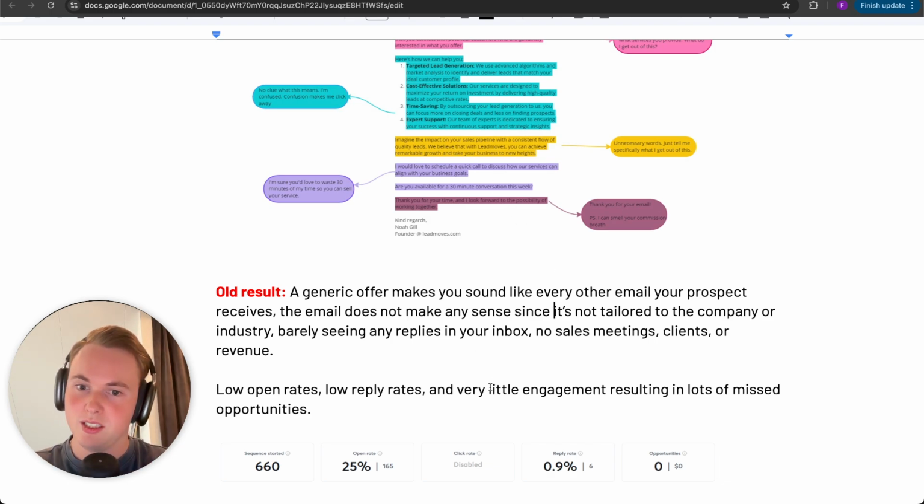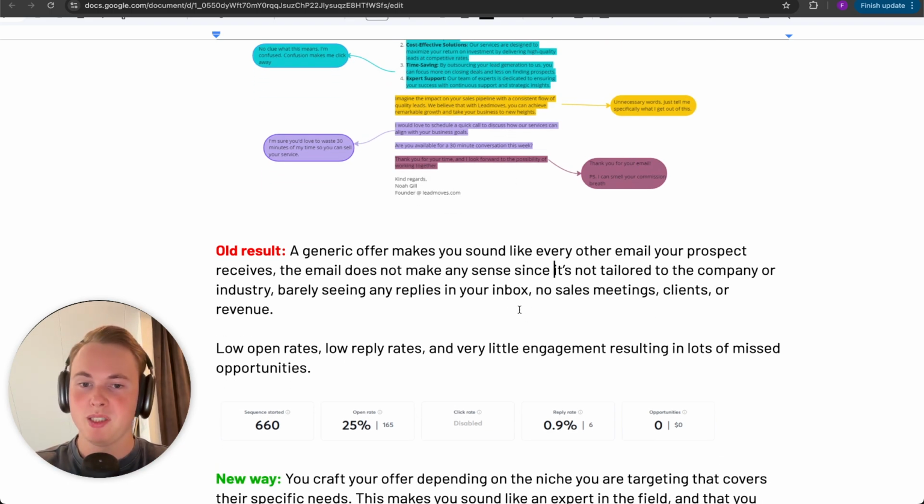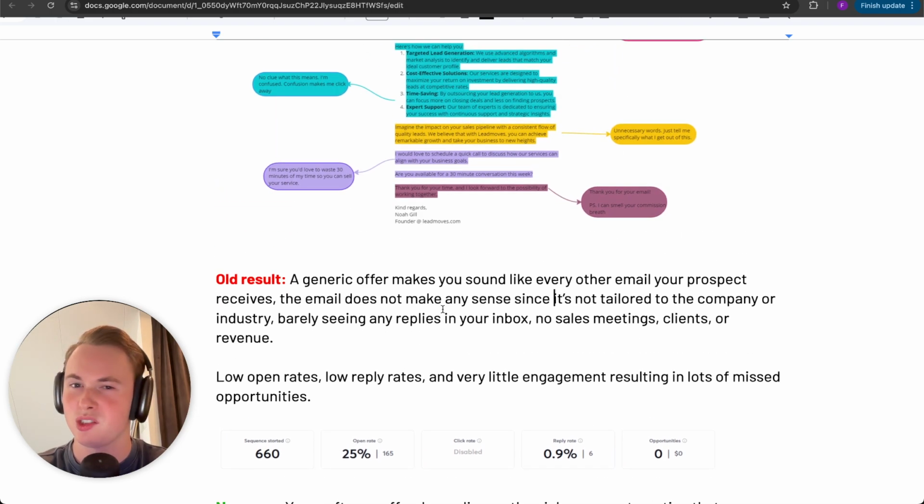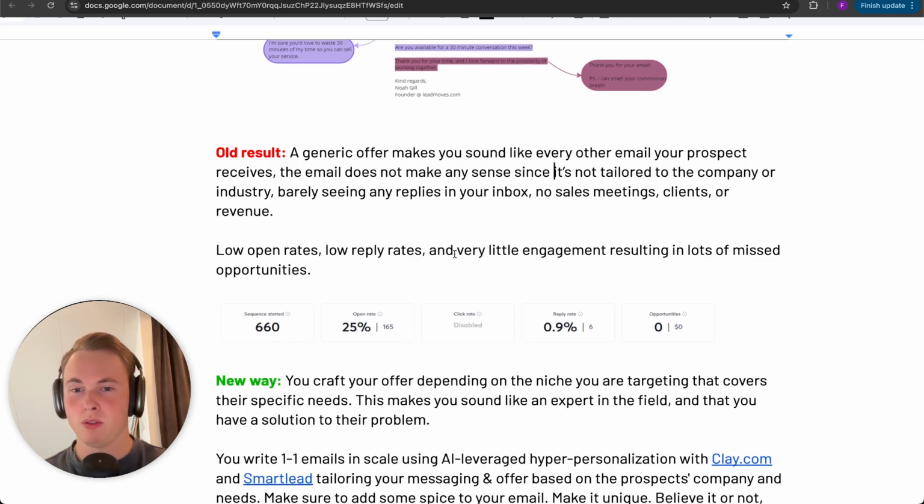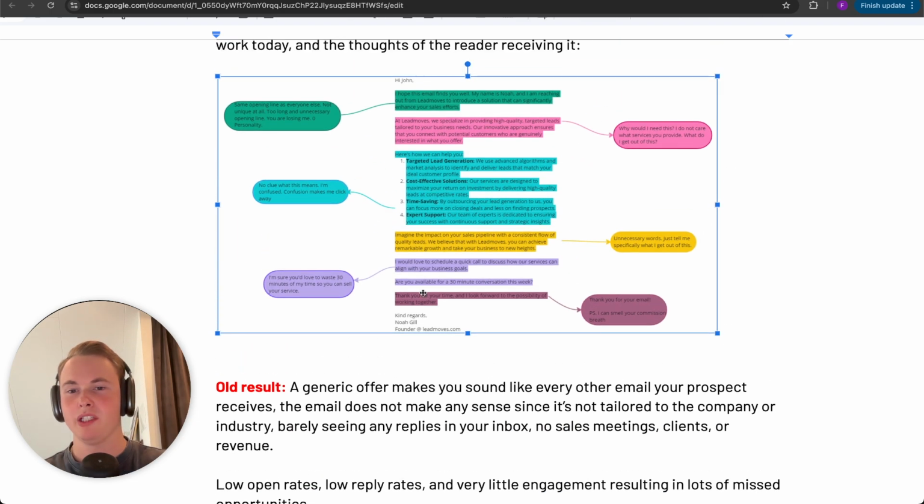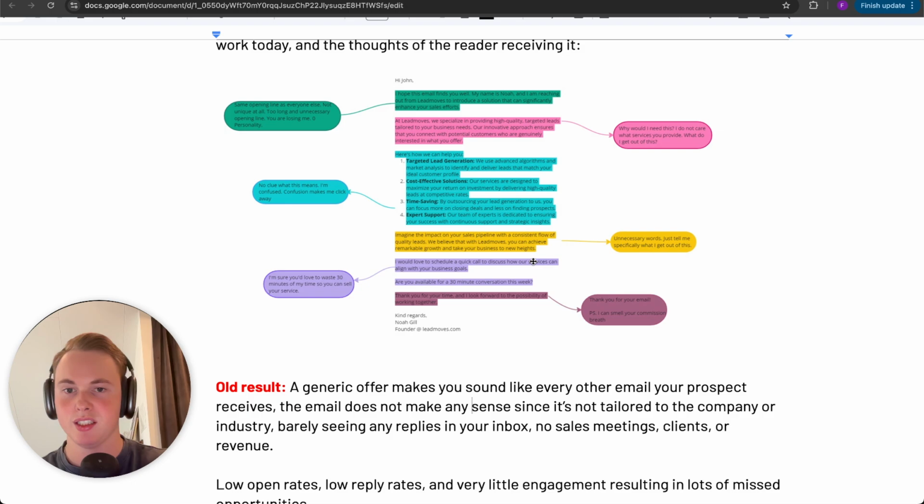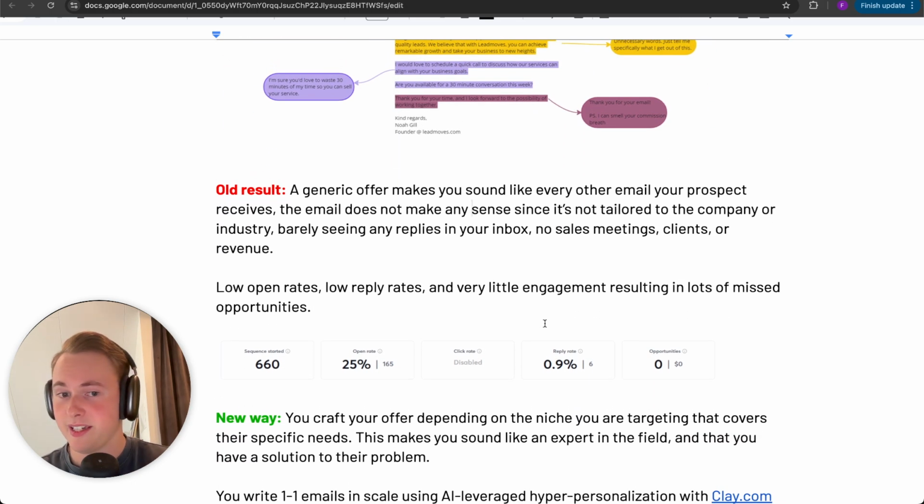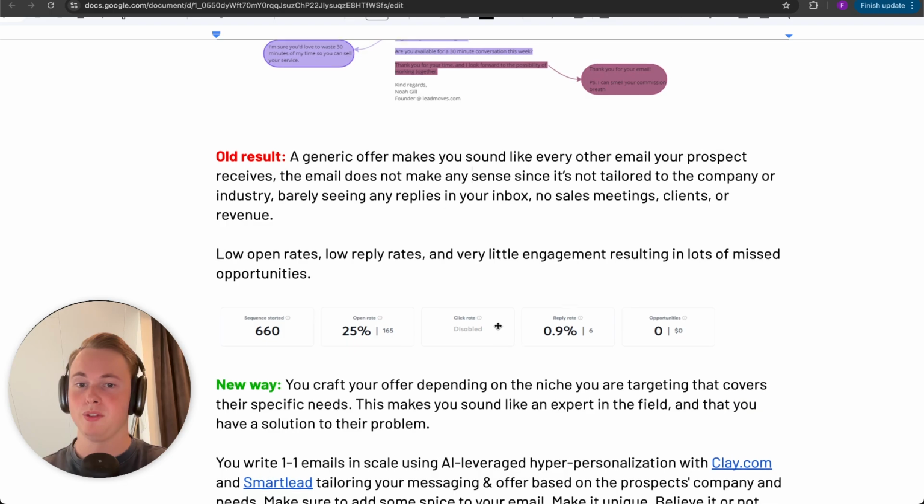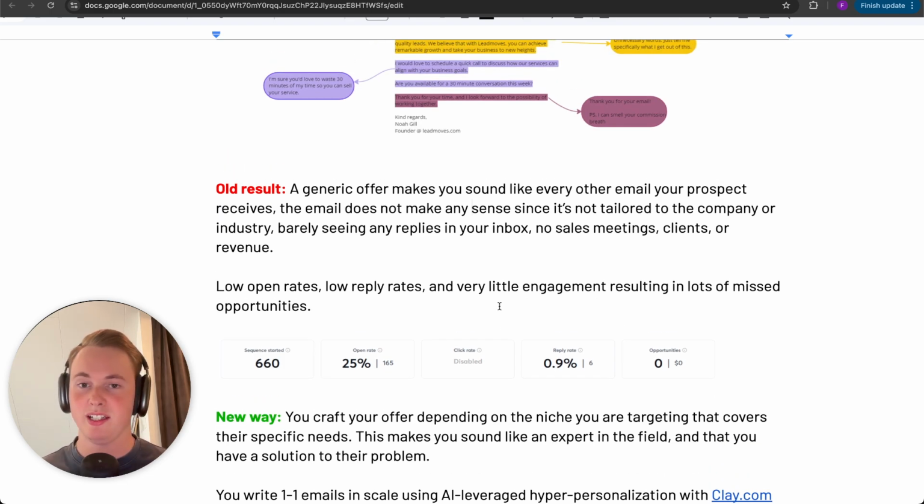So no replies, a super dry inbox, a super dry calendar, no sales meetings, no clients or revenue, something that you would experience if you do it this way. Besides that, you will also get low open rates because it's super spammy, it's way too long, super unnecessary, and it screams spam words. And you'd get very little engagement, resulting in lots of missed opportunities. Besides this, you would actually just damage your domain reputation,